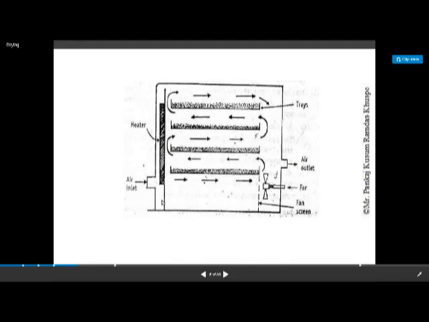Here there is an inlet, and here there is an outlet for the trucks. From this side the trucks are loaded, they are kept in the cabinet, and once the material is dried, they are removed from this side. So instead of trays, loaded trucks are placed here, and from one side they come in, and from the other side they go out. That dryer is called a truck dryer, or a tunnel dryer.